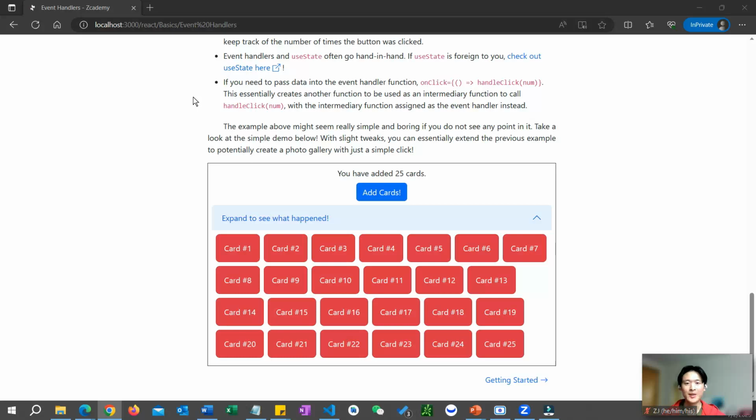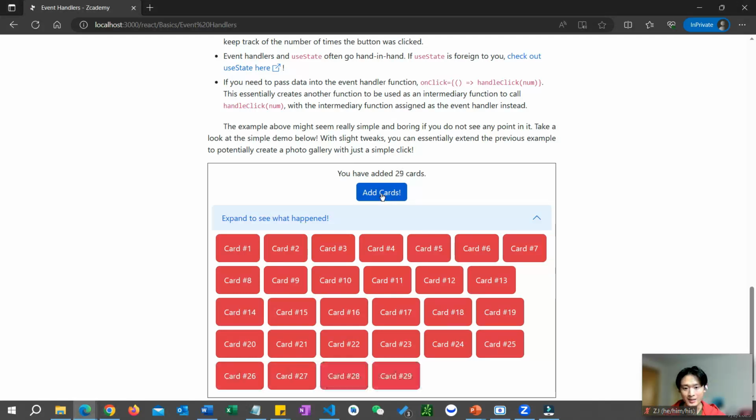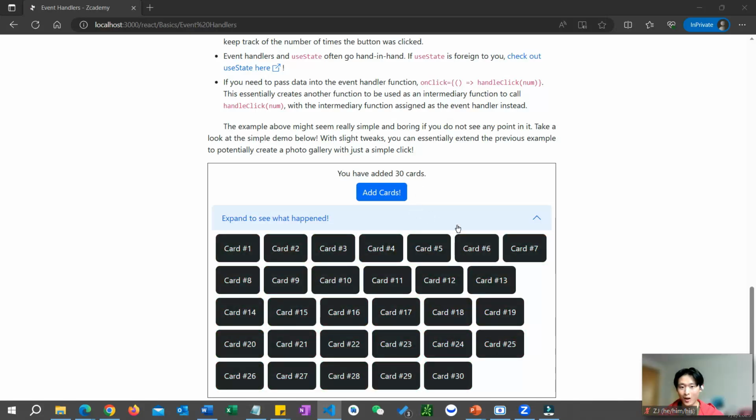Reusable components is basically using the same component or template over and over again. Every card here is using the same template or component, and I'll show you how powerful components are. I can easily add new cards to this group by just clicking a button like this. Let's say I do not like the color red. I can also easily change the background from red to black, and I'll show that to you. All it takes is a few seconds.